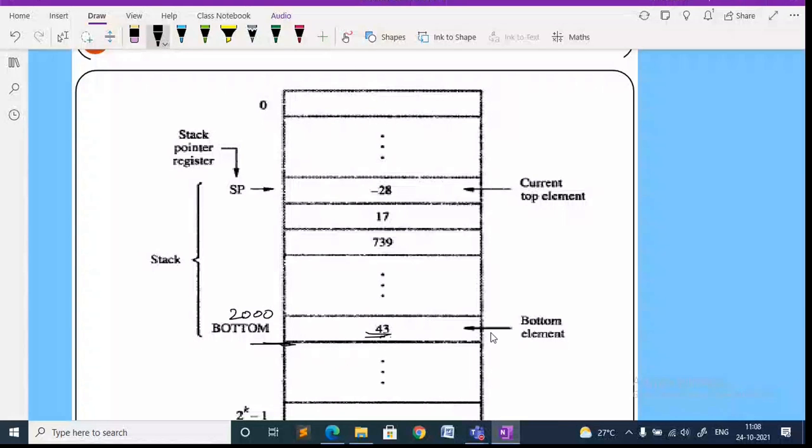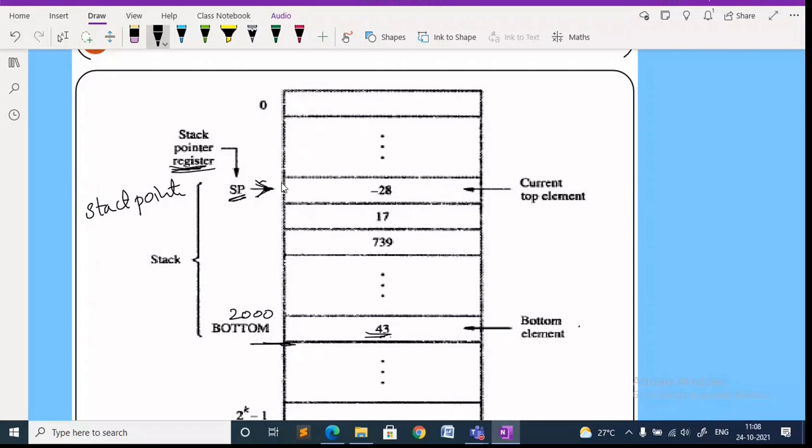Then there are so many other elements you can see, and the top of the stack is pointed to by the stack pointer. SP stands for stack pointer. It is nothing but a register. Always, the pointer registers we refer to are small memory where the memory address is kept track of.